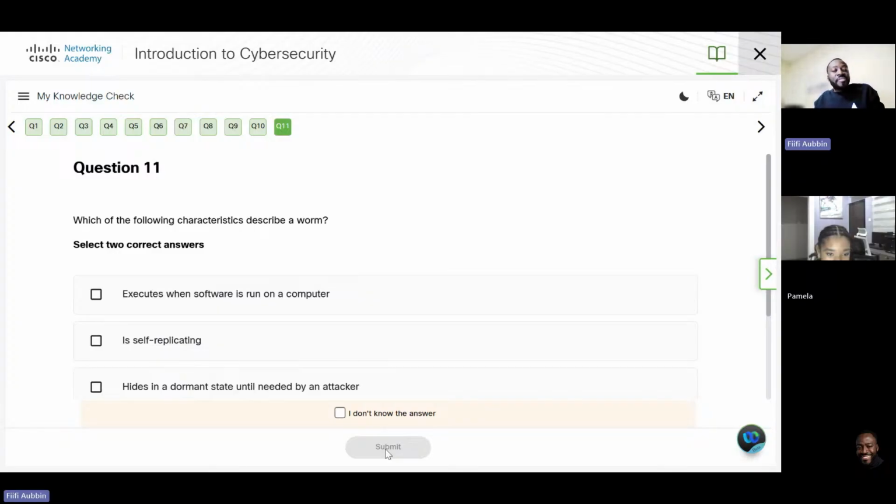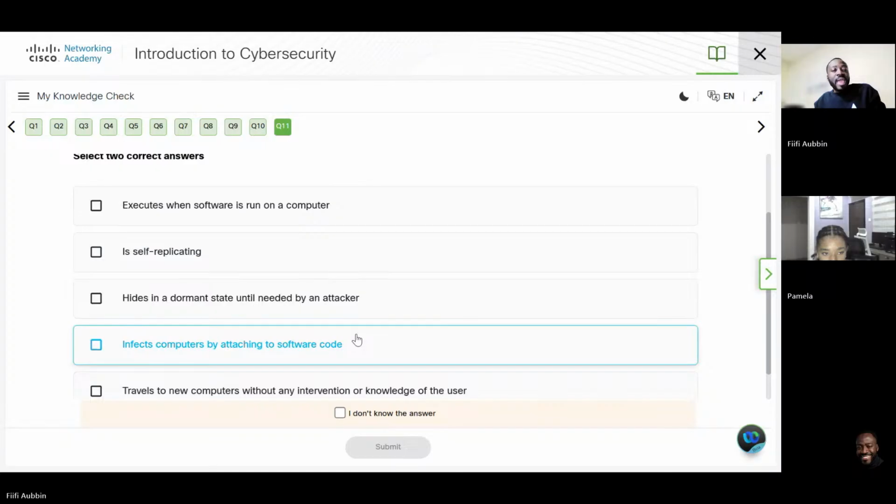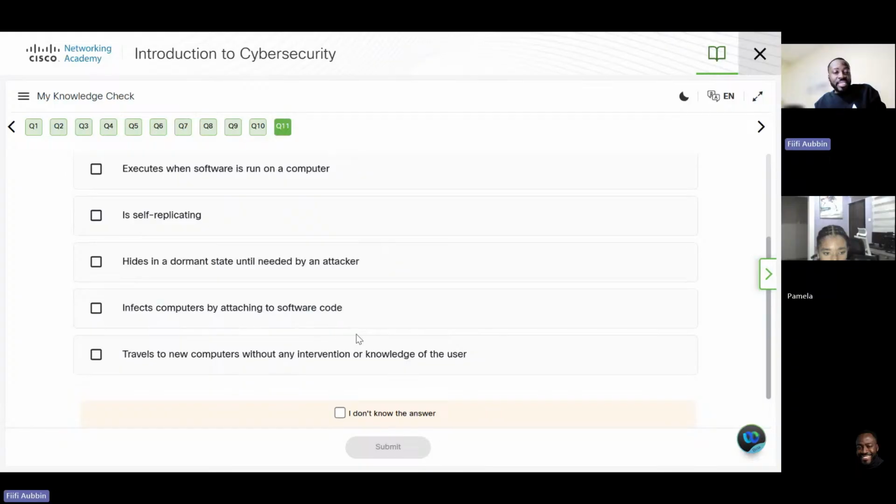Which of the following characteristics describe a worm? Executes when software is run on a computer. You're selecting two correct answers. Self-replicating. Hides in a dormant state until needed by an attacker. Infects computers by attaching to software code.